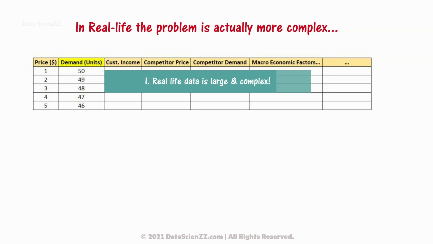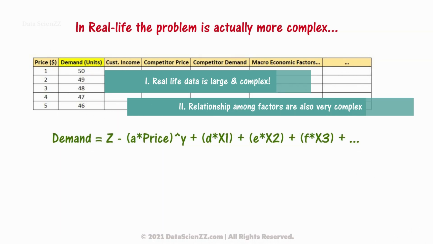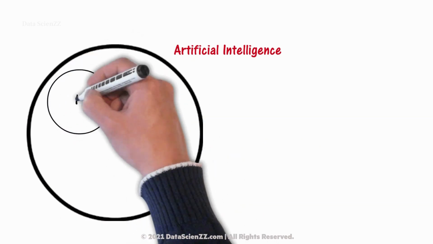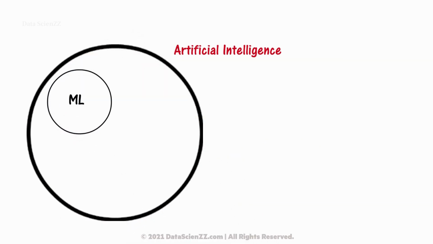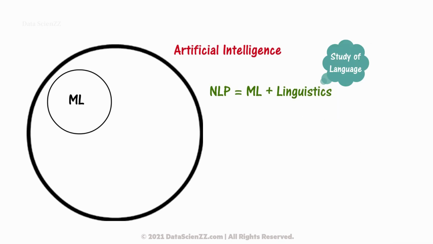Secondly, their relationship is not that simple. Hence we need ML algorithms that scan through the data, and finally provide the best relationship, or patterns as discovered from the data. There are several ML algorithms that help us to get the relationships. ML is a strong pillar within AI, and can be used with other domains to create separate branches within AI. For example, ML with linguistics created a new road called natural language processing, or NLP.